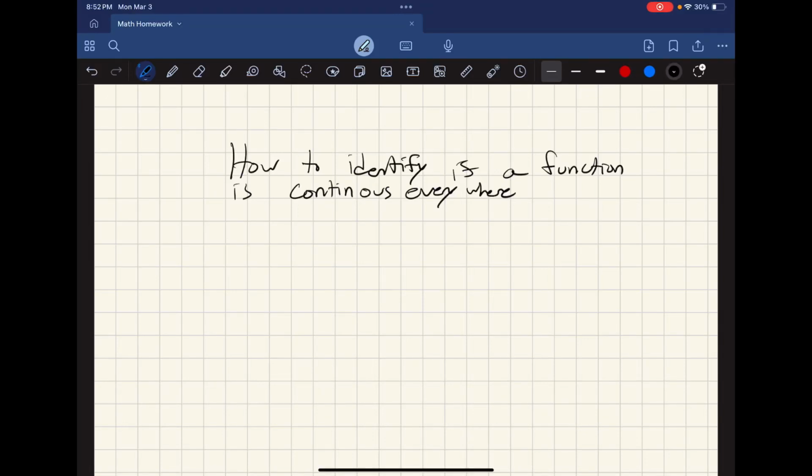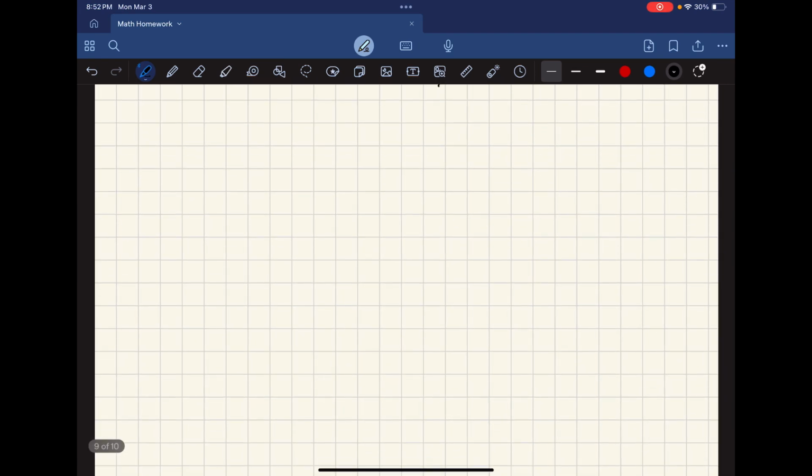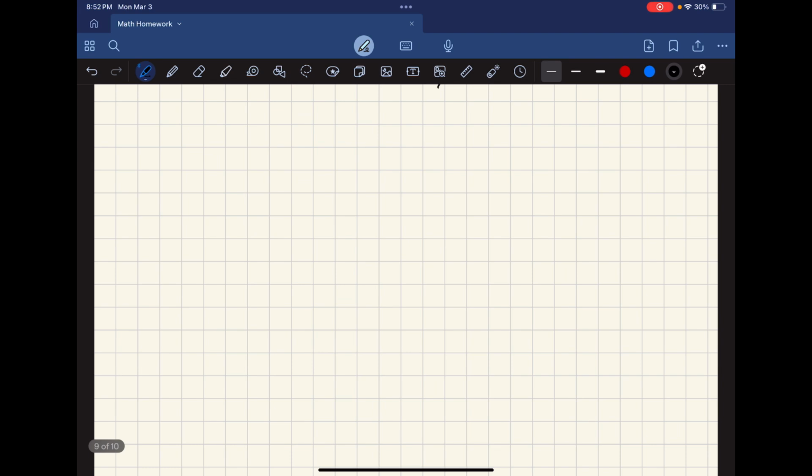Hello, my name is Jacob, and I'm going to be teaching you how to identify if a function is continuous everywhere. So we're going to give ourselves a function. This is one that I got from the homework. So this one is